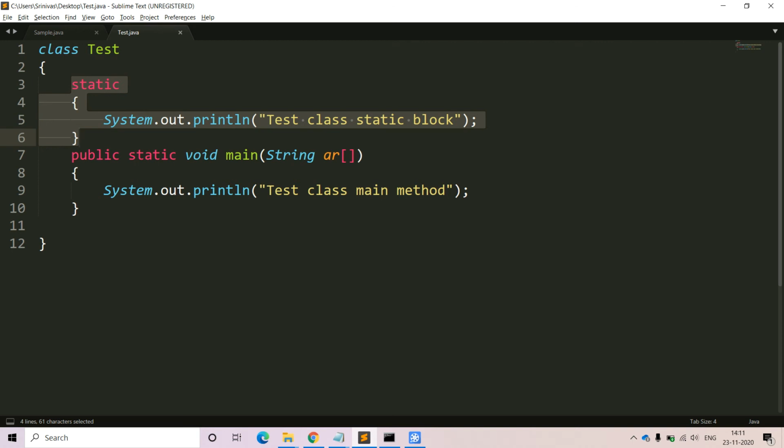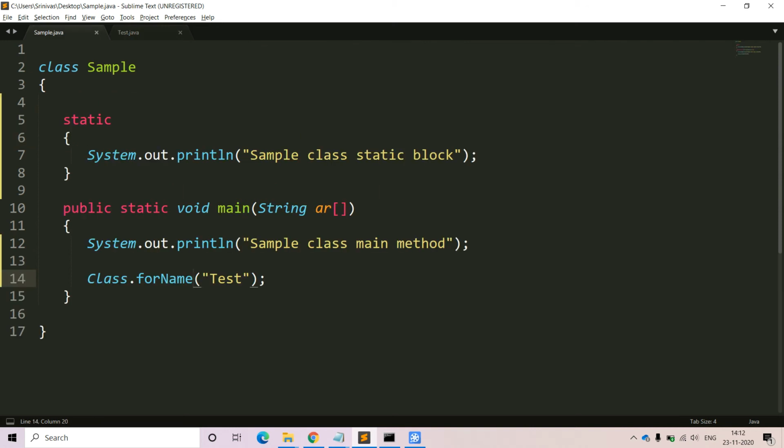One is the static block portion, another is the main method portion. I don't want the entire class-related portions. I just want to execute the static block of a particular class. For that, what we have to do is Class.forName, and mention that class name. This line will give you